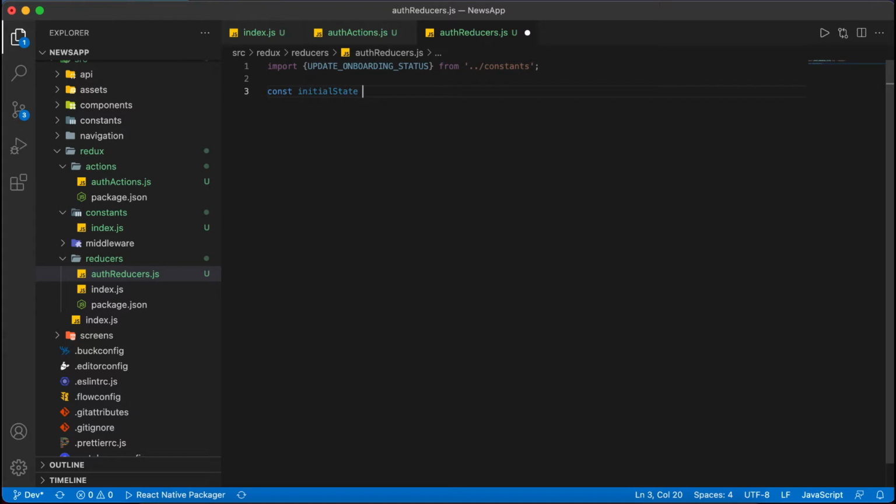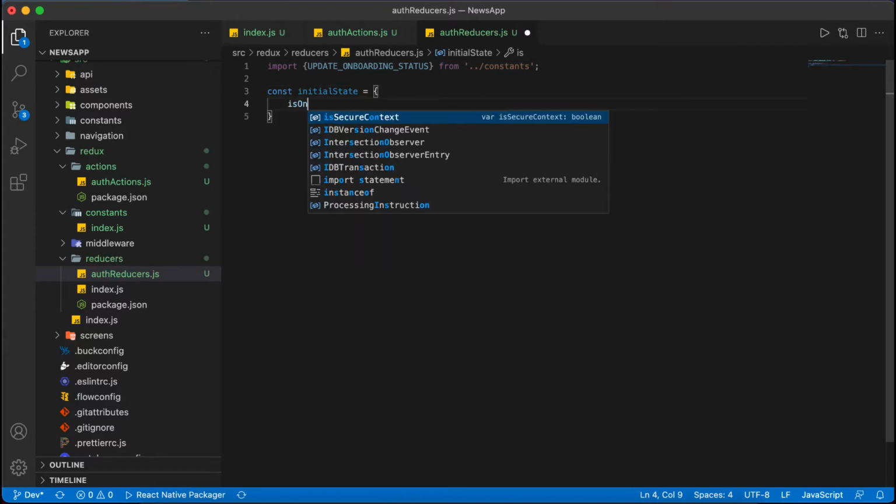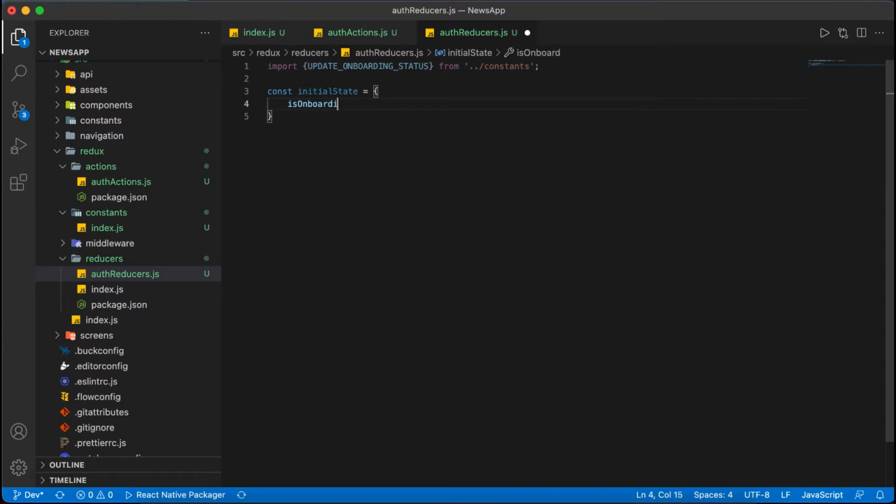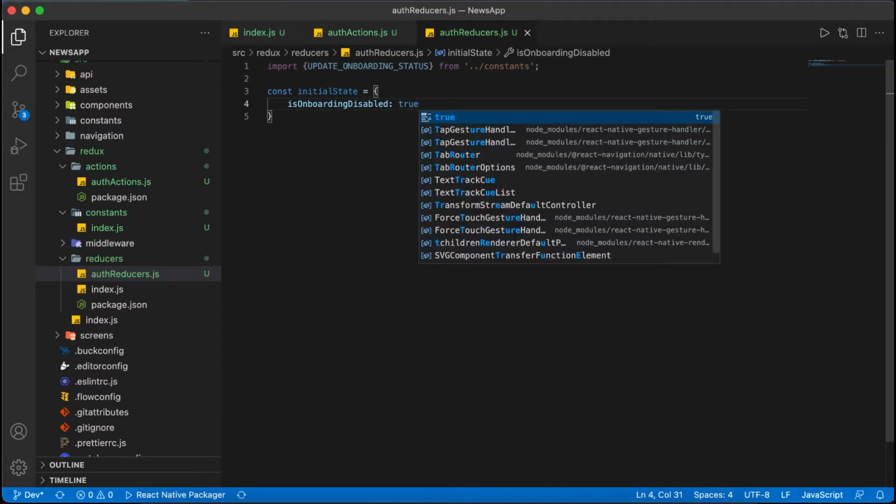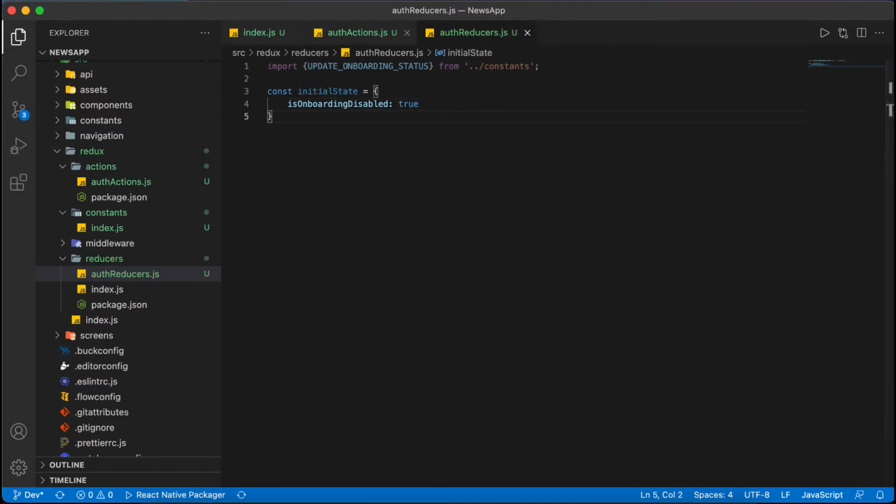Inside that we will write isOnboardingDisabled. So the first time we will check isOnboardingDisabled. The initial value of isOnboardingDisabled will be true. The first time it will be true. Then when we call this action, it will come here and update to false, which will be sent through the action.